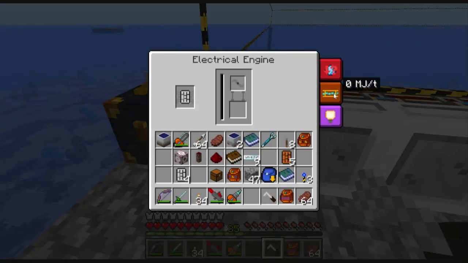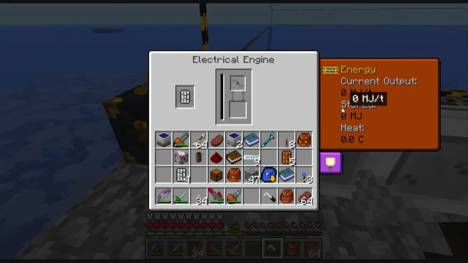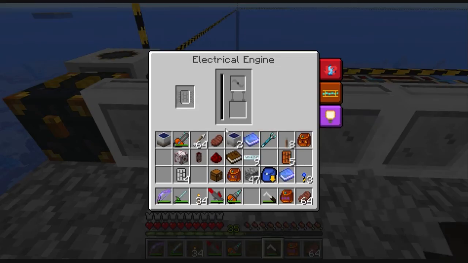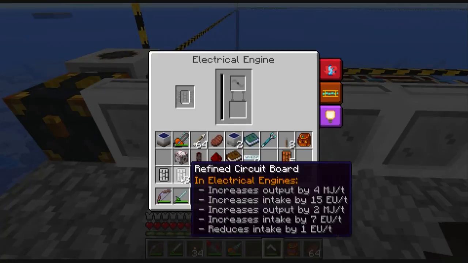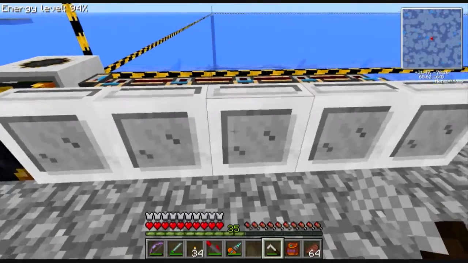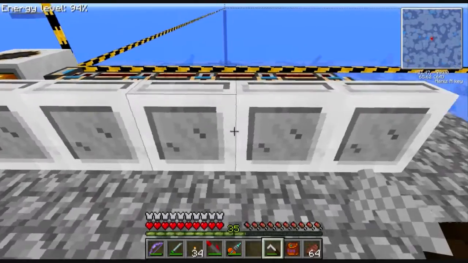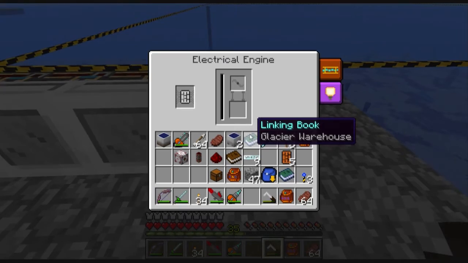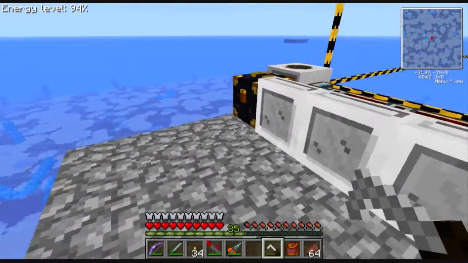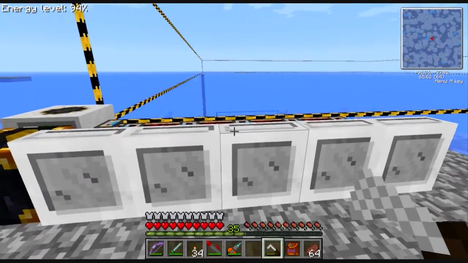So let's see. This one, it won't say, but its maximum output is now 8. So we're going to have 40 MJ total. And I'll get back to you when I'm done with this. Okay, all done with that. And taking the circuit boards out with the soldering iron was a great thing that someone turned me on to, because basically